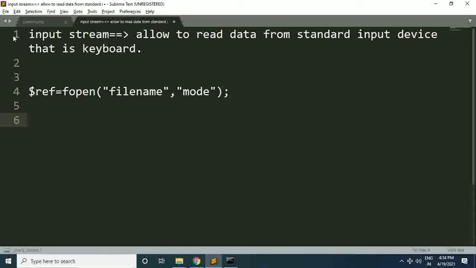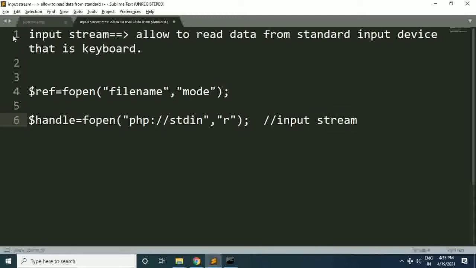Okay, so for opening the input stream for reading values through the keyboard in command prompt, we will write a statement like this: handle = fopen, and here we will write php://stdin, and mode we will specify r. Okay, so friends, this statement will open the input stream.